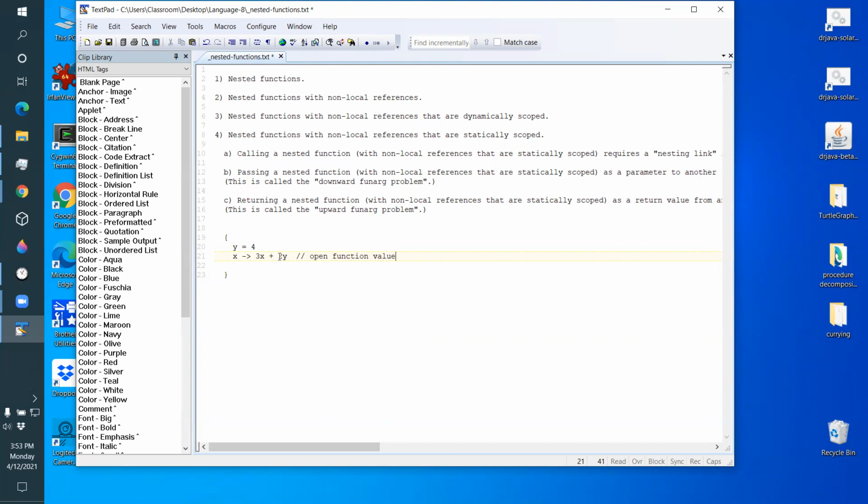If you don't allow me to have open function values, if this has to be x comma y, then it doesn't matter if it's nested or not. If it's a closed function value, nesting it just doesn't matter because it doesn't pick up anything from its environment. So I want an open function value that is nested. Now, on the other hand, if I don't nest it at anything, if I just have it like here,